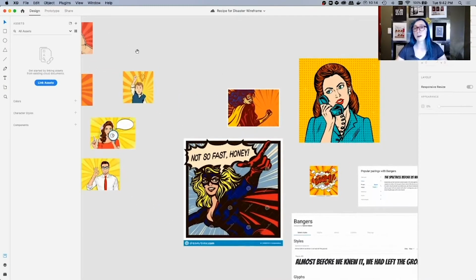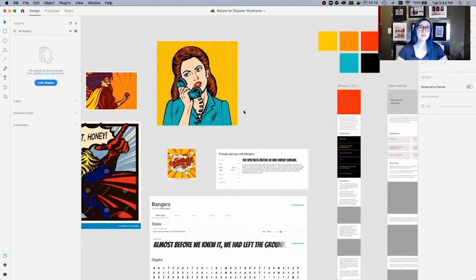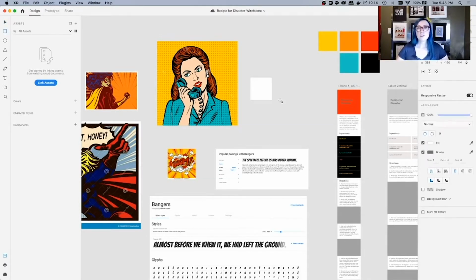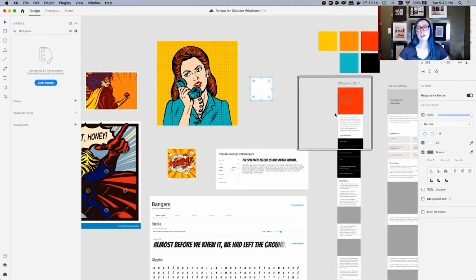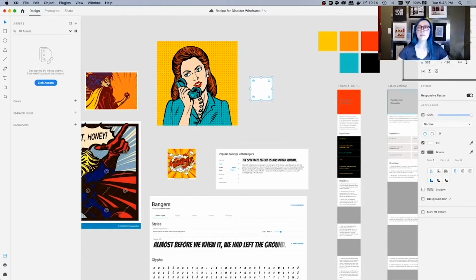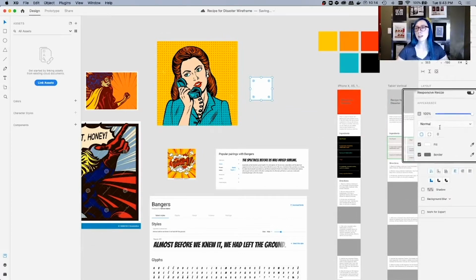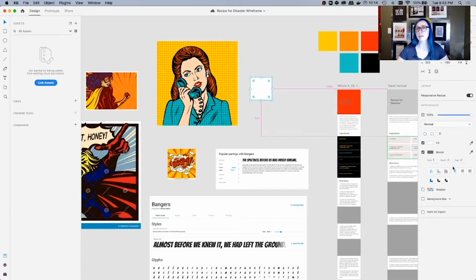So now that you know where I'm at, a couple of things that I've done to start with are picking out a color palette. You can make your own color palette by using the rectangle tool and drawing out a nice square. Hold down Shift if you want it to be square instead of a rectangle. Whenever anything's selected in Adobe XD, always look to the right for your properties to see what contextual features come up. Here we can see there's fill, border, all kinds of appearance options. I'm going to take off the border because it's a little distracting.